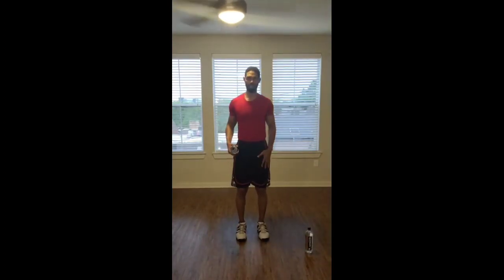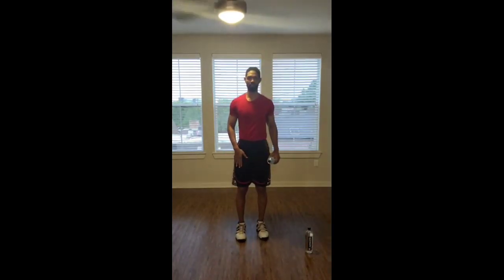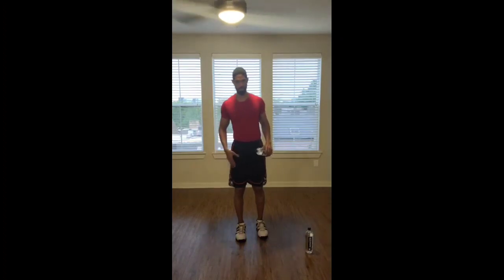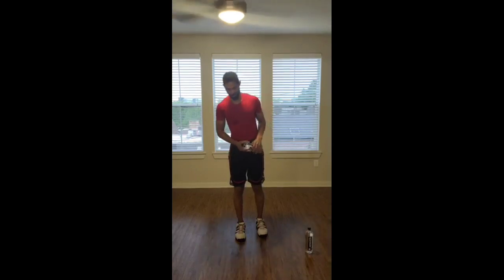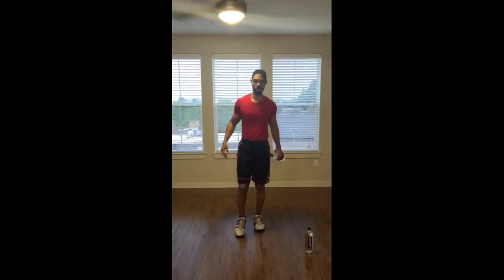So for me, my right leg, it's hard for me to balance on my right leg. So I'm going to be stepping with the left leg first. You guys are going to look the opposite. It's going to look like it's my right leg, but I am using my left leg first. So let's do this. We're going to do 10 on each side. Here we go. You're going to reach,